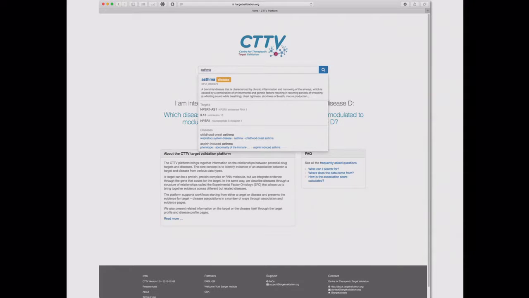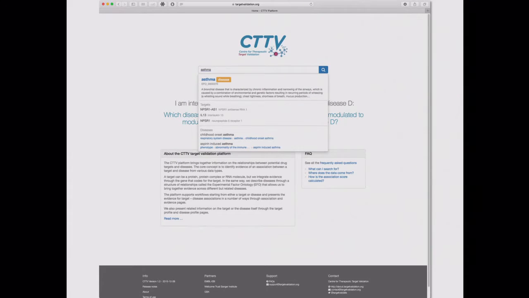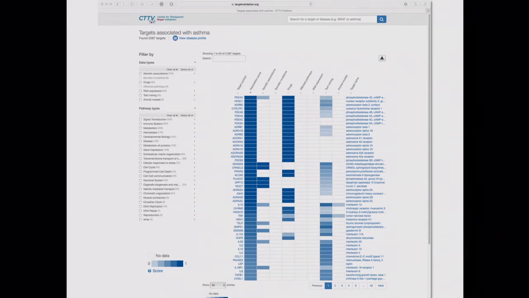It recognizes that I'm searching for asthma. And I can click there and go on to the next stage. Or maybe I was looking for child-onset asthma or some other phenotype that I could select instead. In this case, I was looking for asthma, and I get a disease association page where I see the target